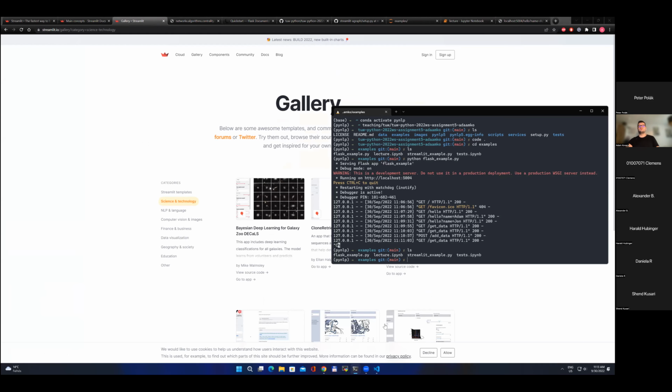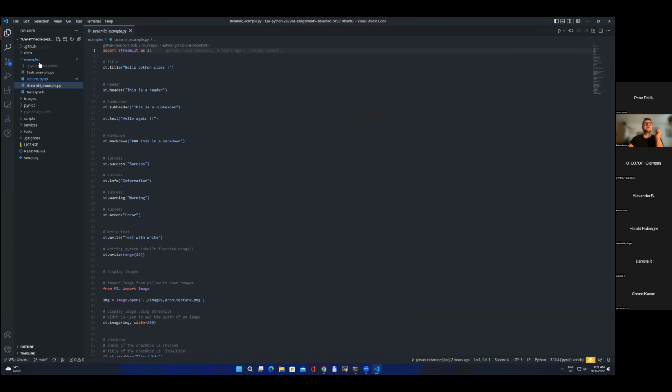So how can you start a Streamlit application? I have in the examples folder the streamlit_example.py. You have a .py file for a Streamlit application, and here you only need to import the Streamlit package, import streamlit as st, and then from st you can use all the functions here to just write